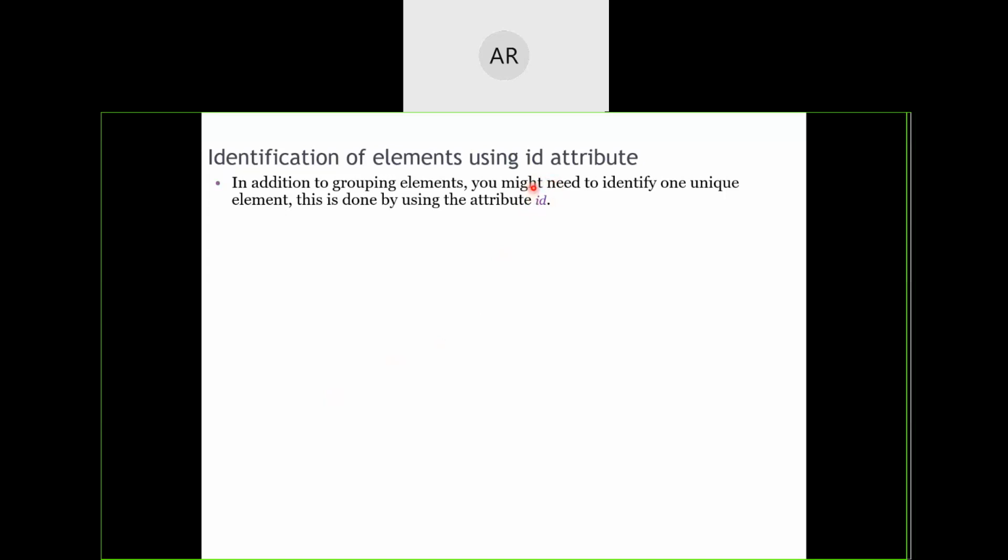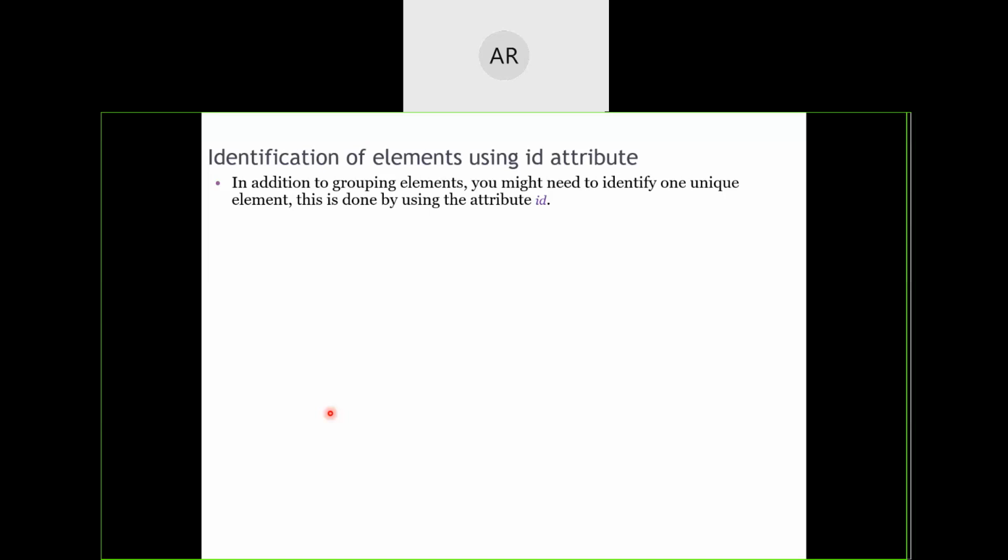What do I mean is, suppose in a document there are 6 paragraphs. So to have the 6 paragraphs, I will have 6 different paragraph tags listed up, P, so on. Now, for the first one, I want to have a different color for the text. For the second one, I want to have a different color for the text. For the third one, I want to have a different color for the text. But if I normally go through and apply the P and then curly brace and then I will mention color colon red, that color colon red property and value will be applied for all the P's that are appearing in the HTML document.